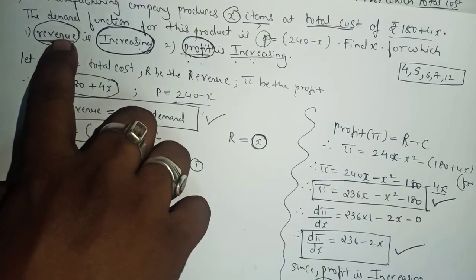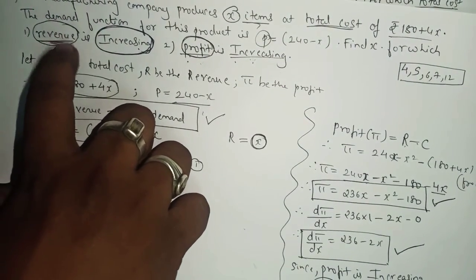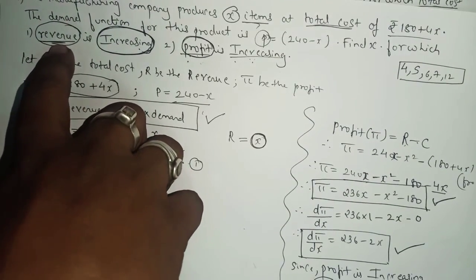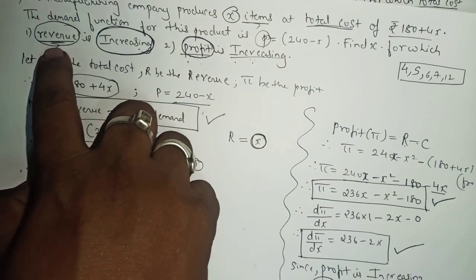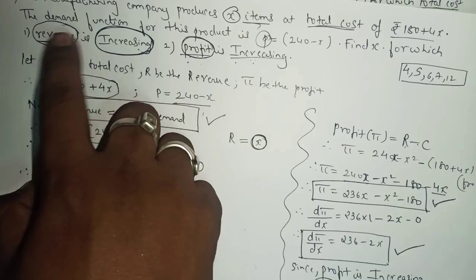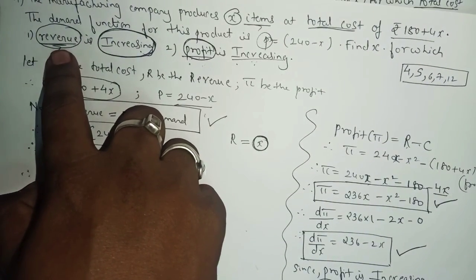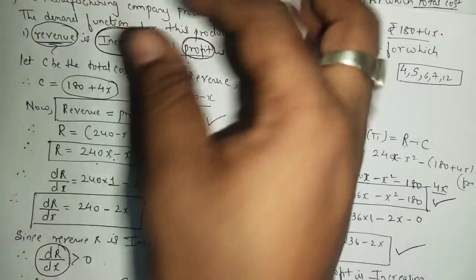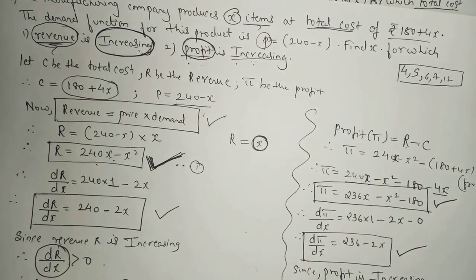Suppose it says that cost is increasing, that means you will find the derivative of that cost. If it says that price is increasing, that means you will find the derivative of price. As here it is revenue is increasing, that means you will find the derivative of revenue. If it says that profit is decreasing, first you will find the derivative of profit. So whatever it says, profit is increasing or decreasing, increasing, decreasing means what? Derivative, actually the first derivative. Okay, I hope you all understood all the sums and all the concepts.